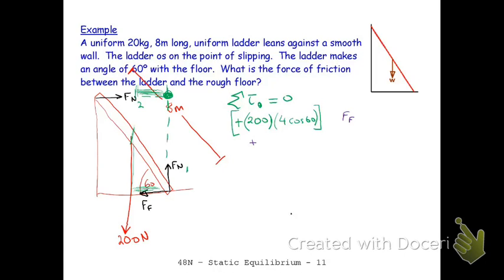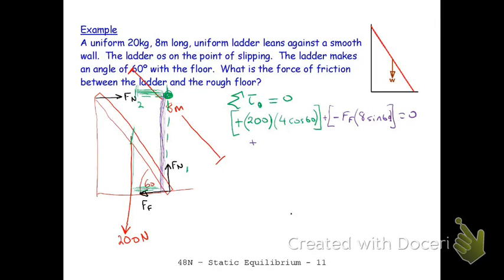And what is the perpendicular distance between FF and my turning axis? There it is. How can I express that in terms of what I know? 8 sine 60. Excellent. It's going to be 8 sine 60. And is that going to be a clockwise or a counterclockwise torque? The force is going that way, and it's going to be clockwise, so that's going to be a negative